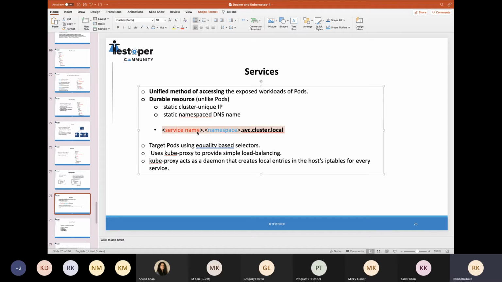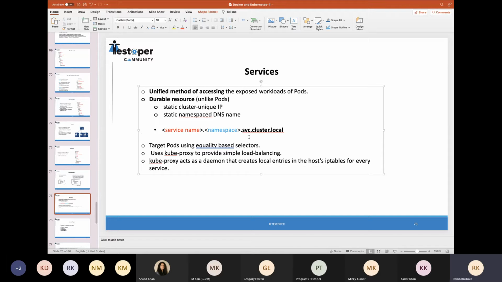If you want service to service calls, for example, if you take any API which calls another API, instead of going to external, we can just call them via service name. Suppose I have deployed one test API in a dev namespace, and I have another test API in a QA namespace.